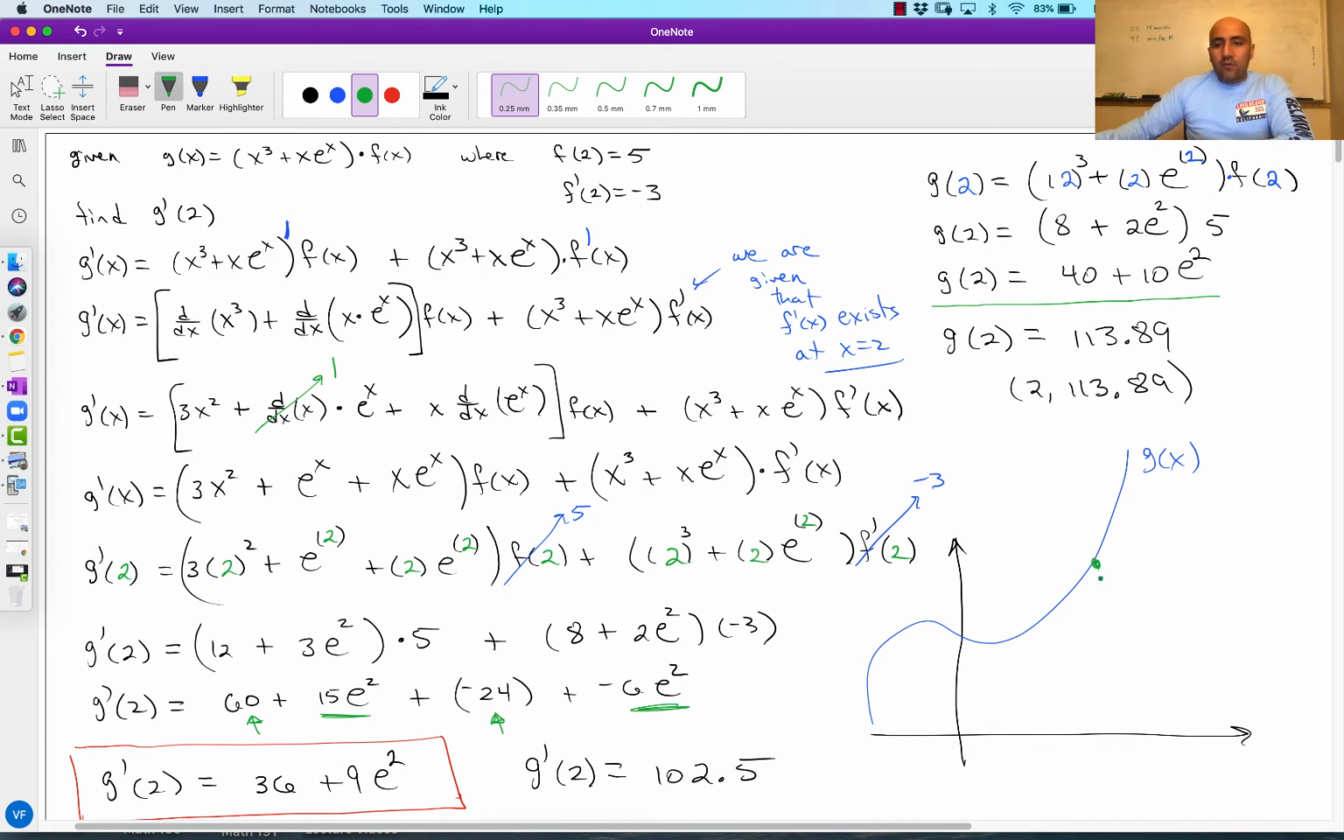Let's say 2 is there, why not? That's 2. Then the output value, well, okay, this isn't a very accurate scale, perhaps. That's okay. We're just drawing a sketch here. So this is going to be the point 2 comma 113.89. That is this point right there. So this comes across this way, and it's at 113.89. And if we draw the line which is tangent at this point,